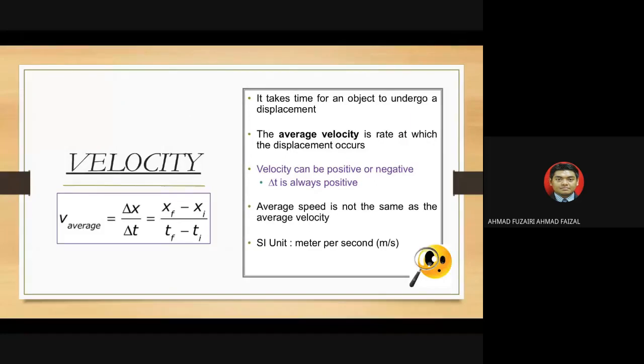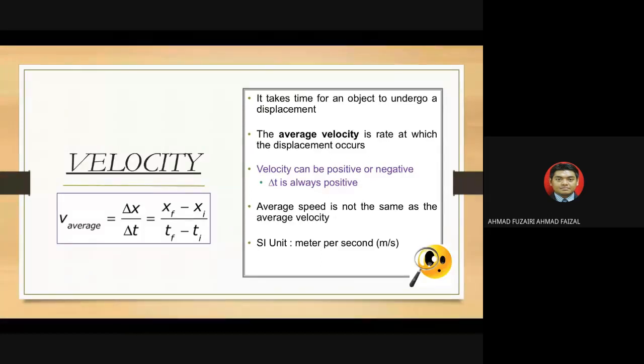Average velocity is the rate at which displacement occurs. By the formula, you may write average velocity equals displacement delta x over change of time delta t, or displacement delta x equals final position xf minus initial position xi, divided by final time tf minus initial time ti. Average speed is not the same as average velocity, but these two quantities have the same SI unit, which is